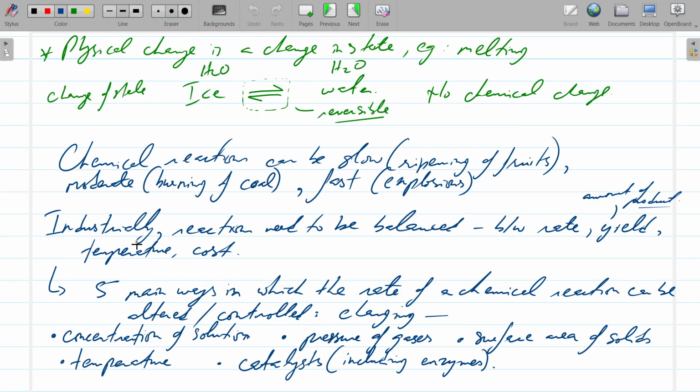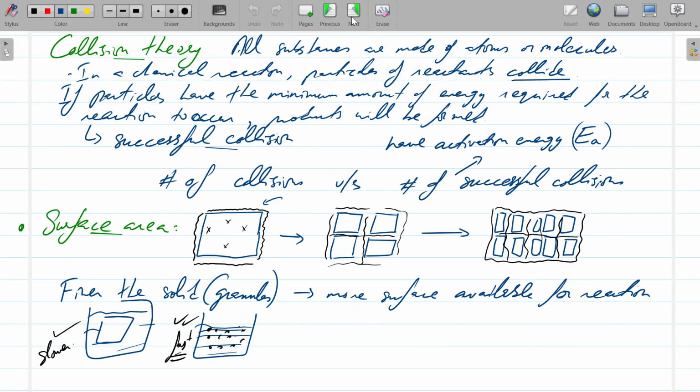Right, then there are factors which affect the speed or the rate of a chemical reaction, and those are concentration of a solution, pressure of a gas, surface area of a solid, temperature, and catalyst. So we've talked about the first three, right? And we've talked about them with regards to the collision theory. So the particles of the reactant should collide, and if they have sufficient energy, which is known as the activation energy for the reaction to occur, then those collisions can result in successful collisions and lead to the formation of